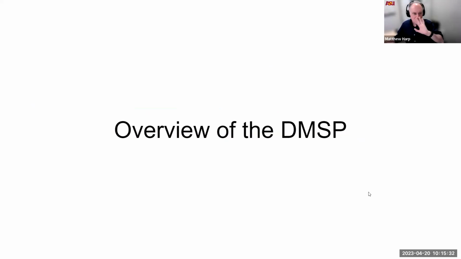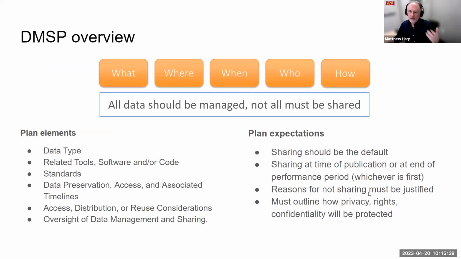I'm just going to cover really quickly what a data management and sharing plan actually consists of. We know it's about planning for the future. We talk a lot about how this just goes into the proposal, but these are actionable things that need to be acted on. So basically NIH has broken it down into 6 basic elements. And by the way, this is actually typical for most funding agencies.